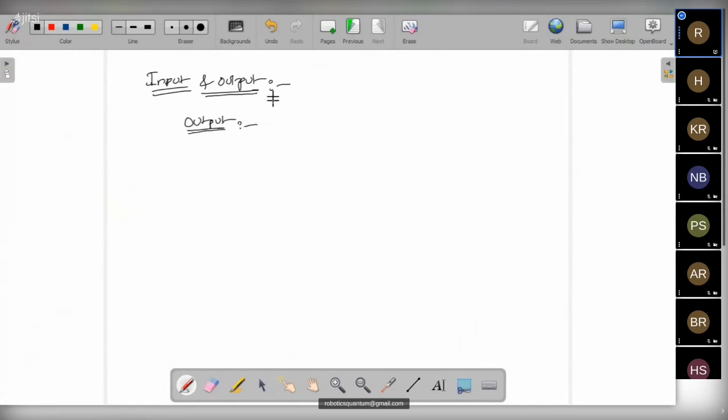Output means which is used to print the data on the console or screen. If you want to print something, first syntax: print is a function, in small letters, because Python is a case sensitive programming language. Print is a function which is used to print text inside double quotes or single quotes. In general, we use double quotes to print string data. Example for printing text: print of hello, good evening.